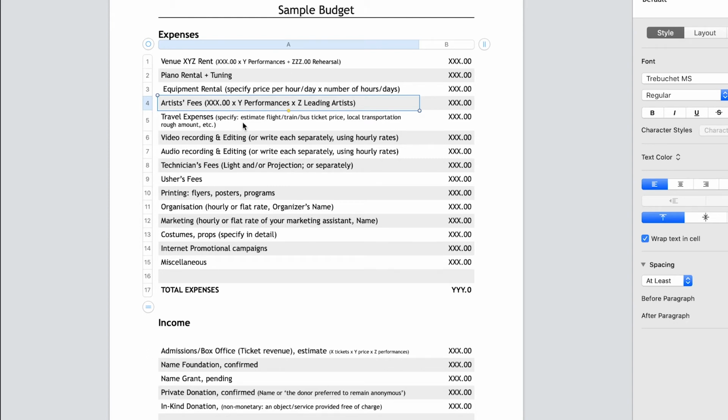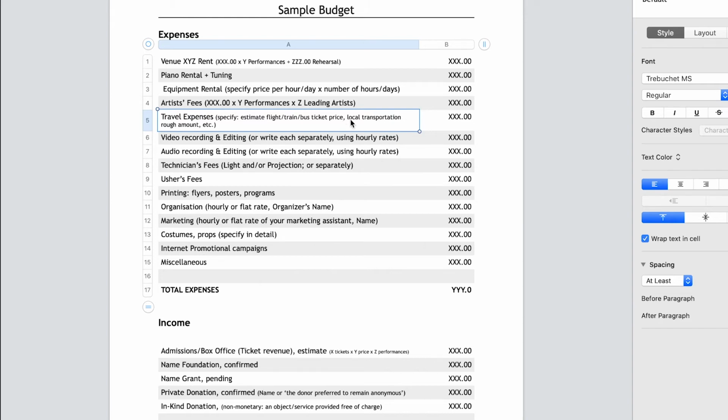Then we have travel expenses, and don't avoid this field. It's also necessary to cover the travel and also specify if there's a plane ticket, if there's a train or bus. Please do specify an estimate. Also, I would suggest that you write a little bit more, because if it's not enough, you can't fly, or one of your collaborators cannot fly, or somebody else cannot fly or take a train or bus.